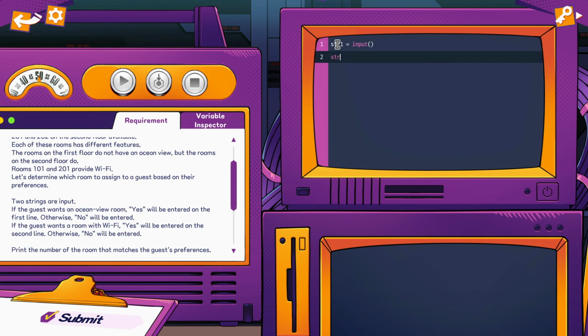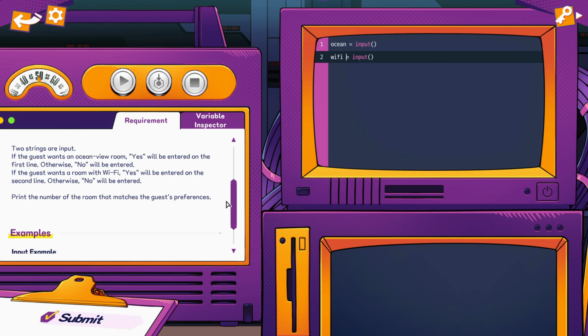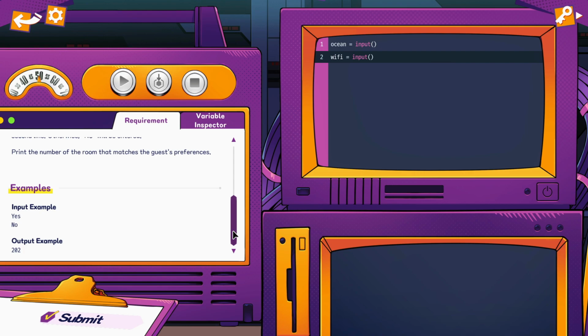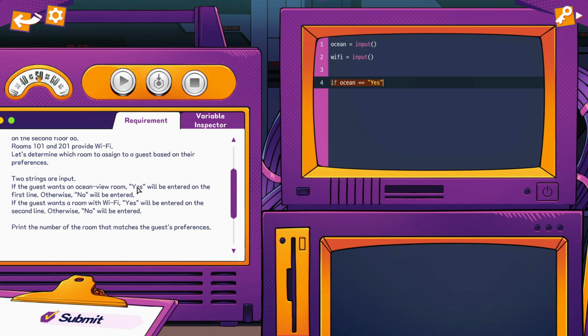String 1 equals input and string 2 equals input. If the guest wants an ocean view room, yes will be entered on the first line. Okay, so this is for ocean. And if the guest wants a room with Wi-Fi, yes will be entered on the second line. Okay, so this is Wi-Fi. Print the number of the room that matches the guest's preferences. Yes, no, 202. Okay, so if ocean equals yes,